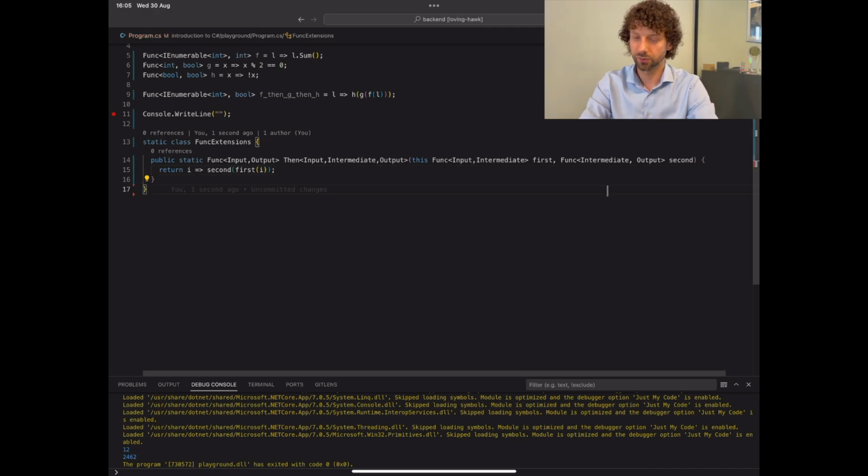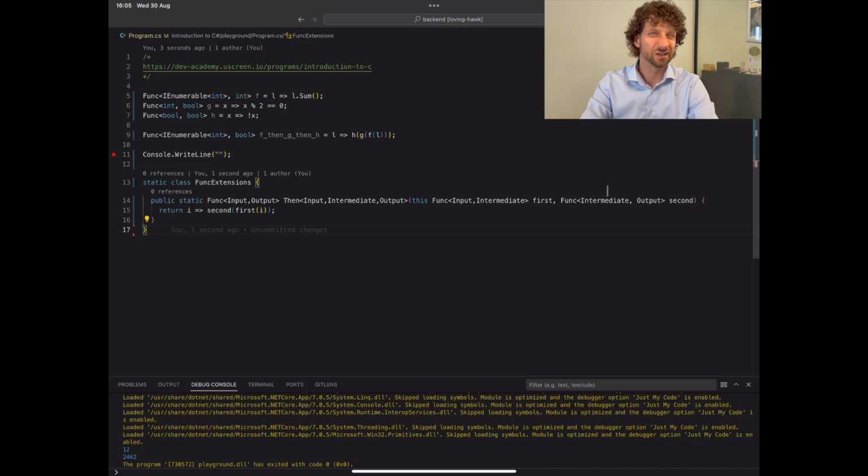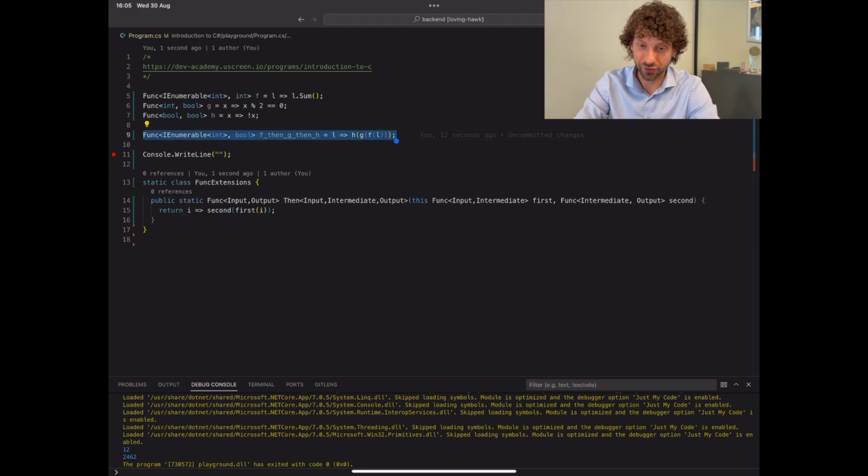The compiler is happy. When I'm dealing with generics and the compiler is happy, usually you can rest assured the program probably will work, because generic code tends to have this magical property. If it compiles and it's immutable, usually it works. Alright, now for more magic, this f then g then h,